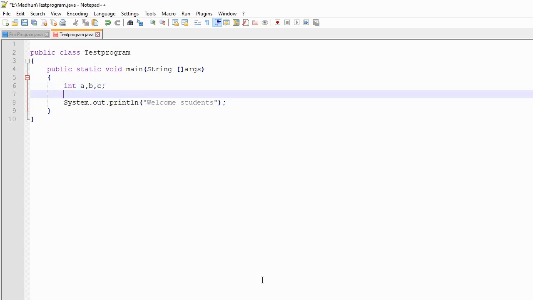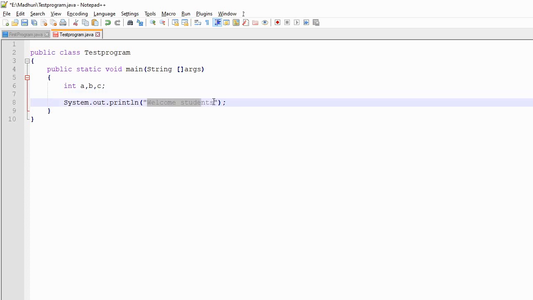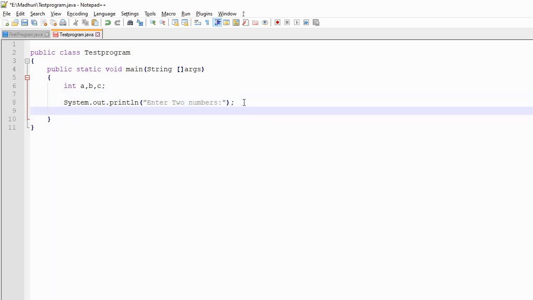Now I will first write a message, 'enter two numbers', so that the user knows what he has to do. This is just a message. Whenever you are writing any program, you should always make it user friendly, and a program can be made user friendly with proper instructions, so you have to display such instructions in your program.